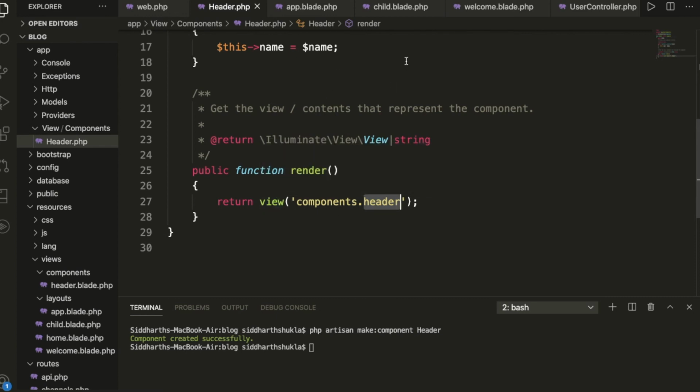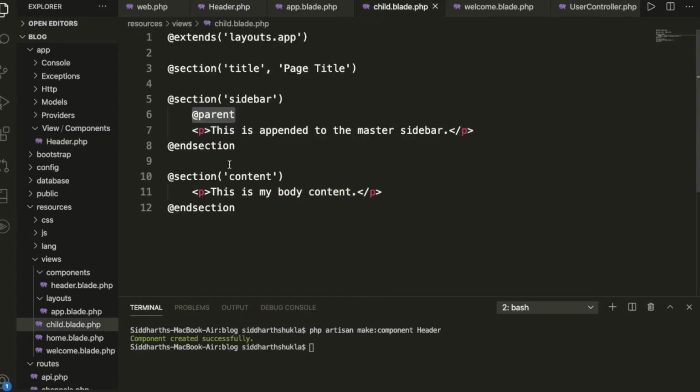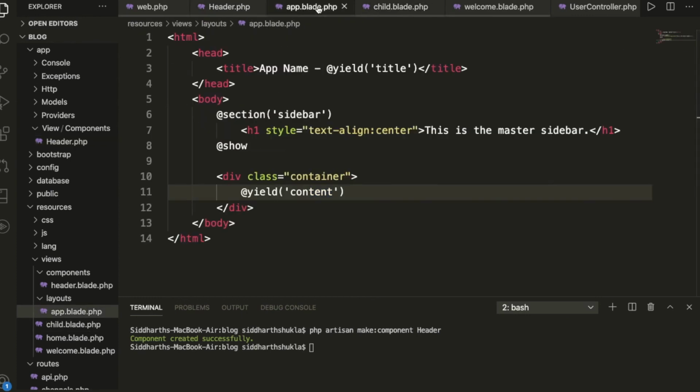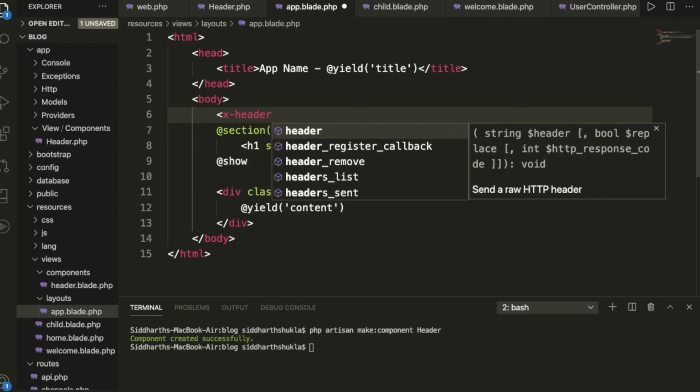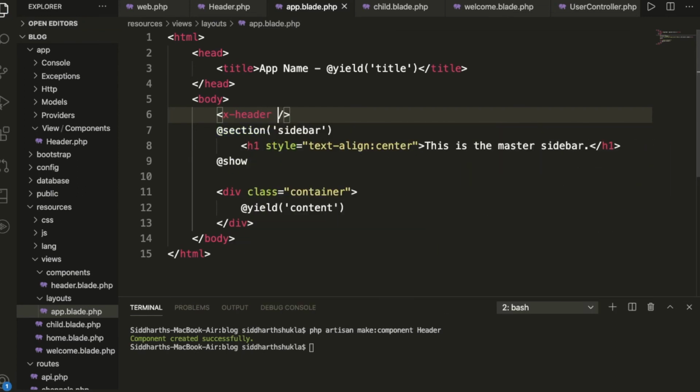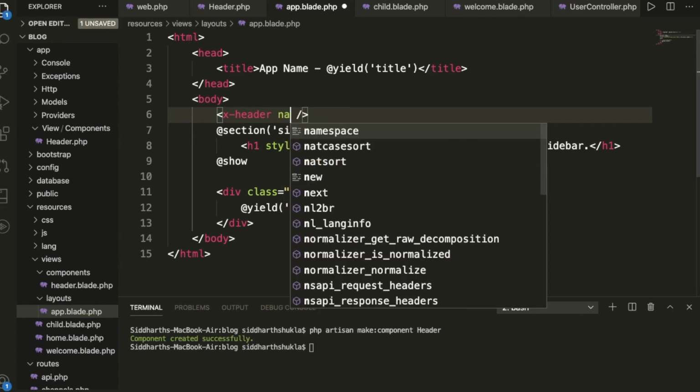Now I'm going to header, and let me print like this one, where, and also we want to put it inside the child. So let me use the particular syntax here. How can you do that? Let me execute that particular file. Okay, so now what we need to do here, we need to write x-header, and here we need to print like this one, name.